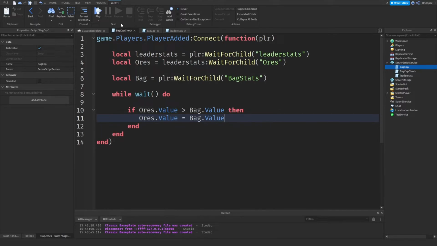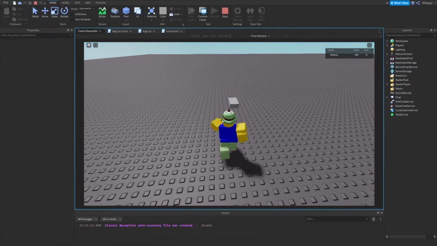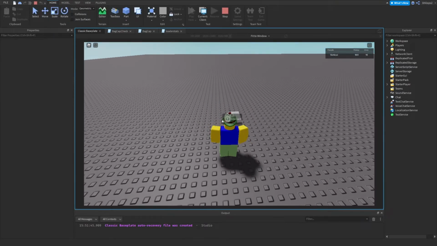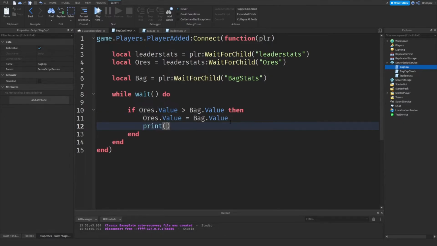So if we go test this out, it should work perfectly fine. I'm going to play here because I'm pretty sure I'm by the part. Yep. And then we do this, and as you can see, it won't go up higher. You might get that occasional glitch, but that's fine. So this works, and then we could do print